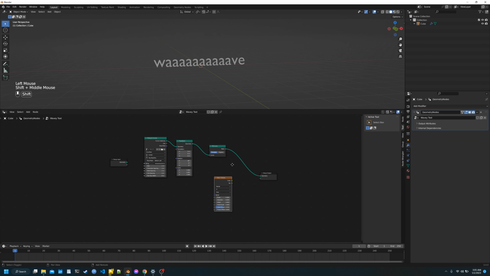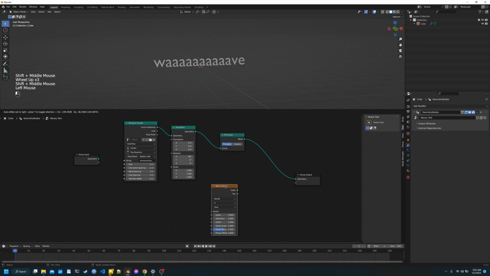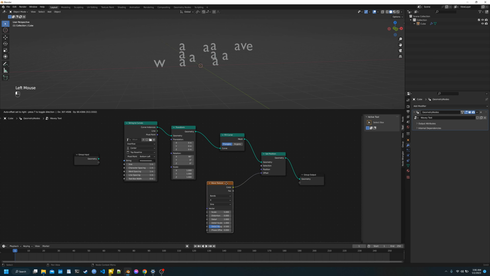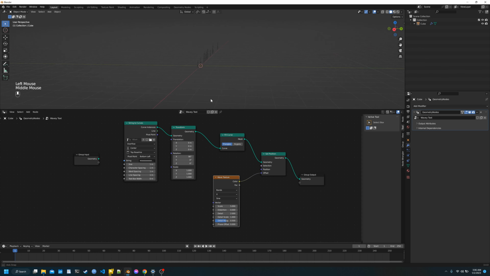Let me make it a little bit bigger. And we're also going to need a set position node. The wave texture we can then plug into the offset, and like this you can already see it's creating something. It's indeed